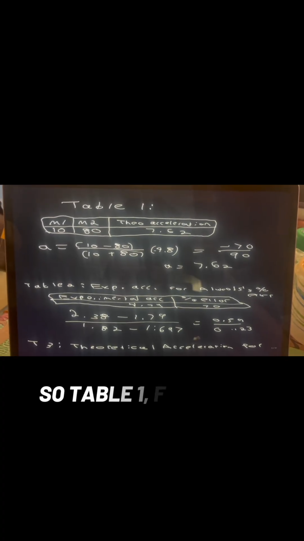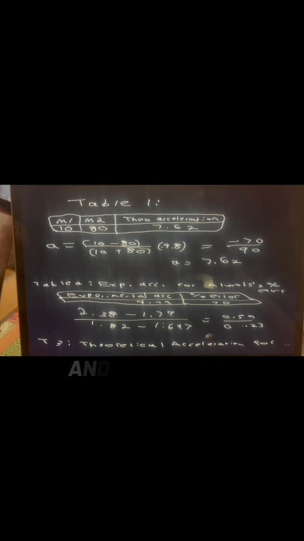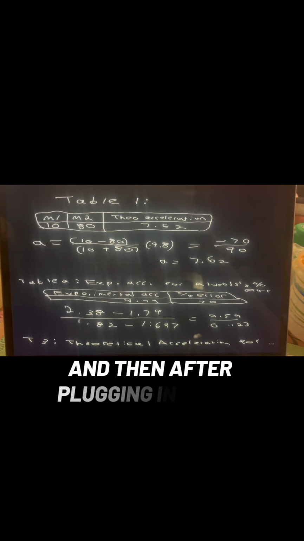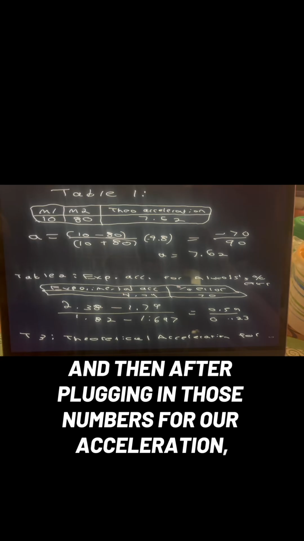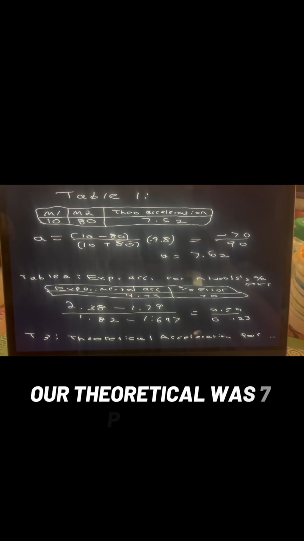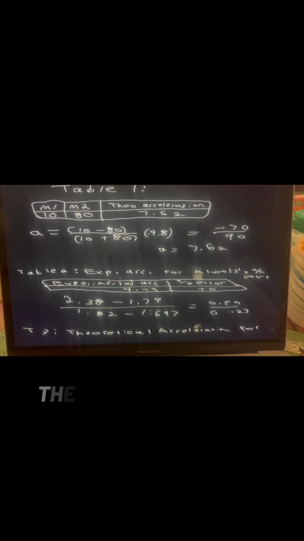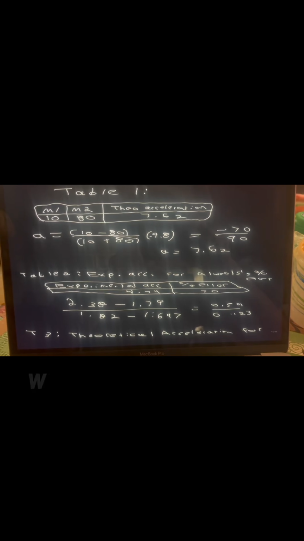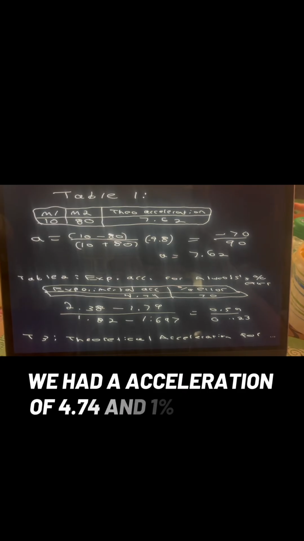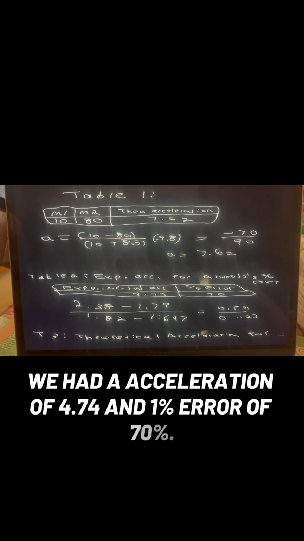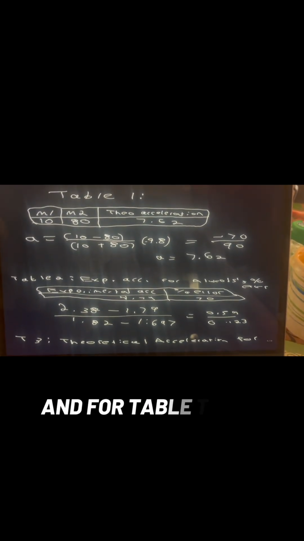So table 1, for mass 1 we did 10, mass 2 80, and then after plugging in those numbers for our acceleration, our theoretical was 7.62. For table 2, after we ran the experiment, we had an acceleration of 4.74 and a percent error of 70%. And for table 3,